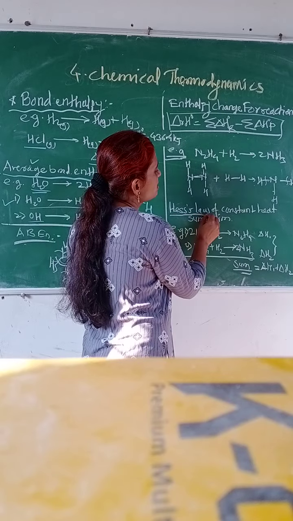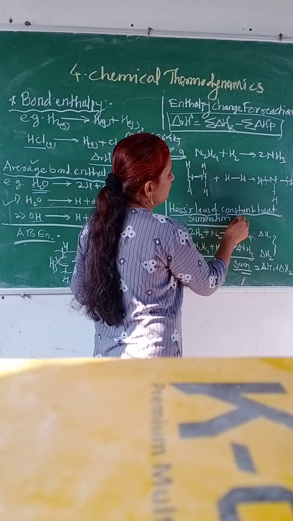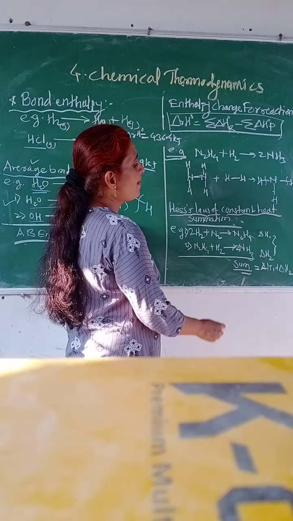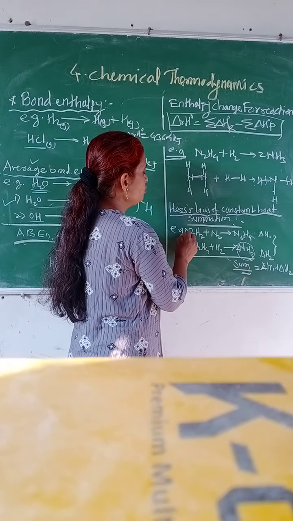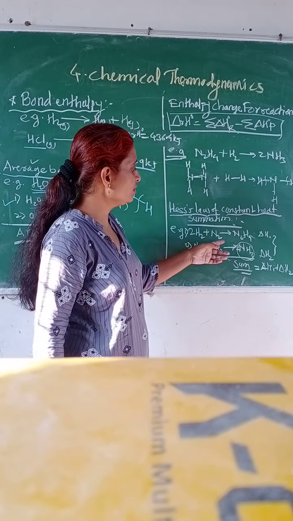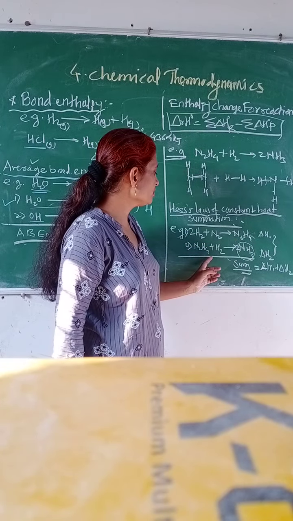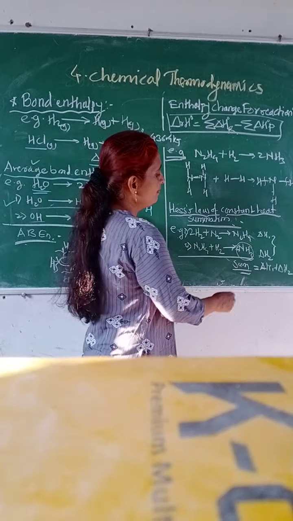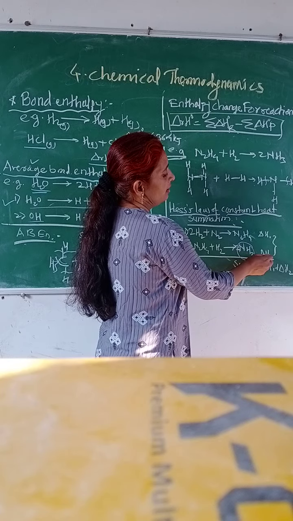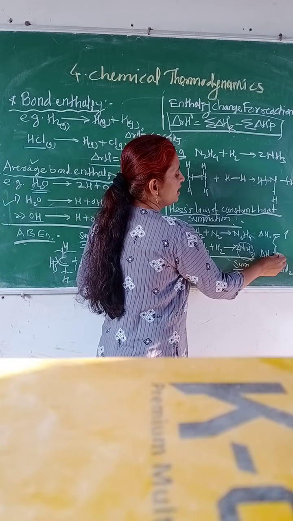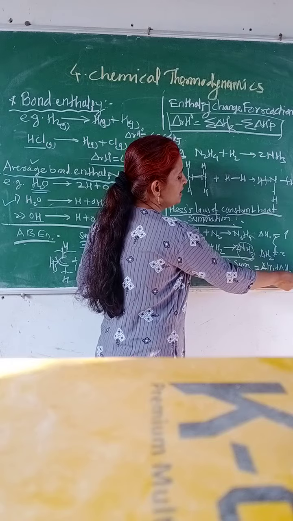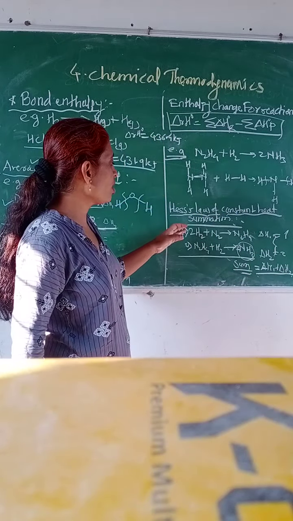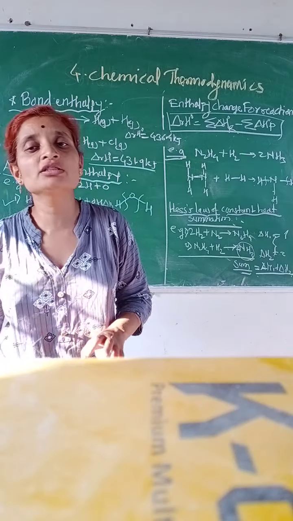Then the next law is Hess's law of constant heat summation. Summation means addition. Here the preparation of ammonia is carried out in 2 steps. The first is for N2H4. In the second step, one hydrogen molecule is used, and it forms NH3. Delta H1 is for the first step, delta H2 for the second step. The addition of these is the summation law, Hess's law of constant heat summation. We have to add to get the overall reaction enthalpy.